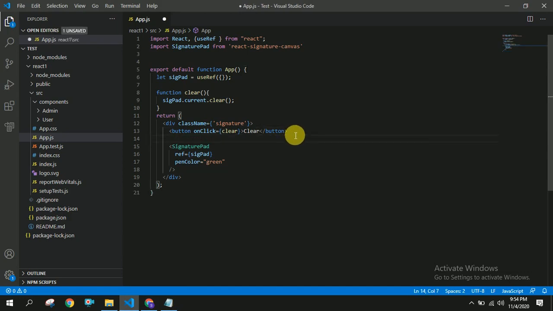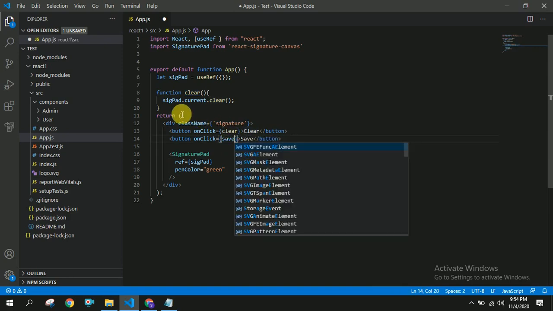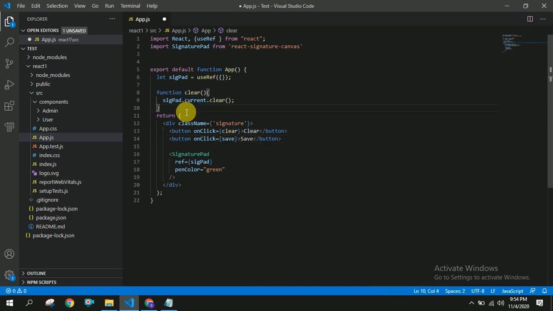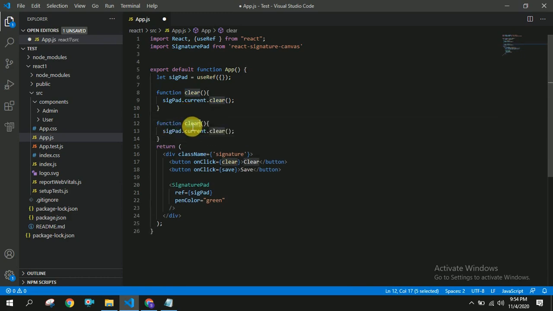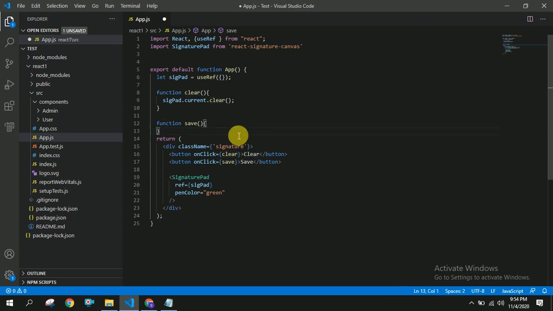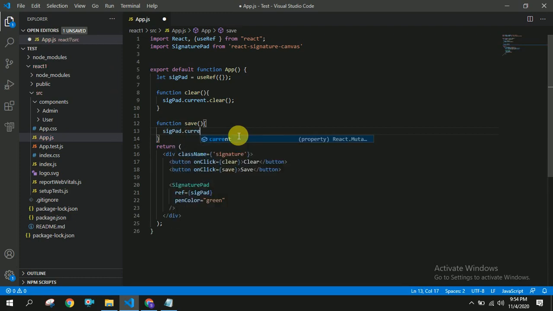Now I am going to save this data. For that I will create a button called save, and I am naming it as save. I am creating a function. I am copying this for convenience. For this we have to use the same reference, sig pad dot current dot toDataURL.